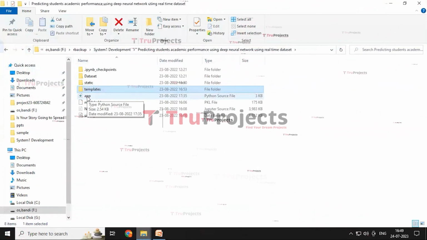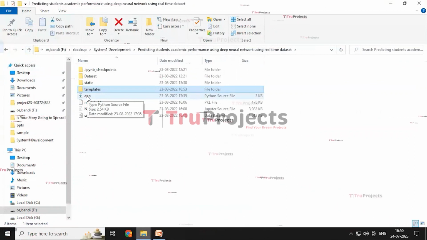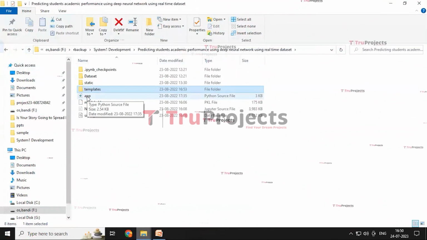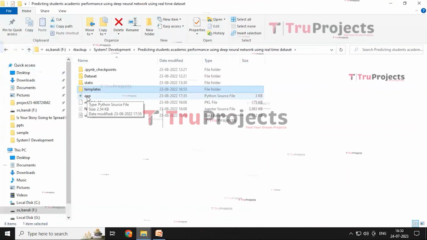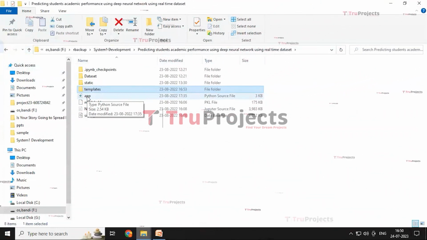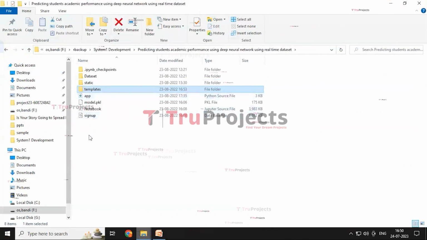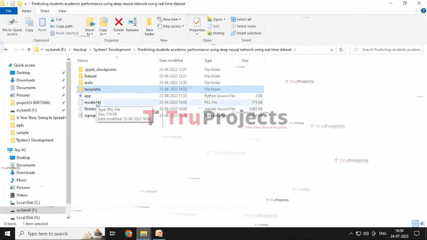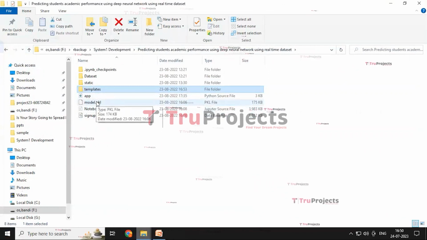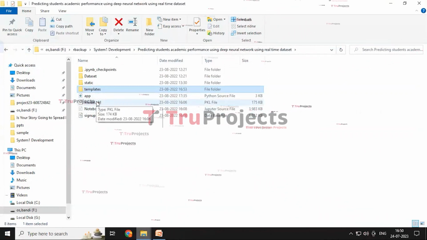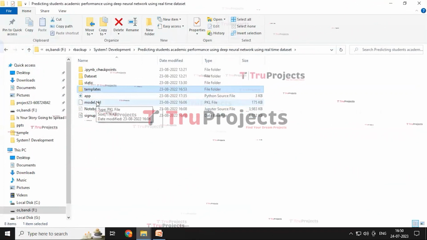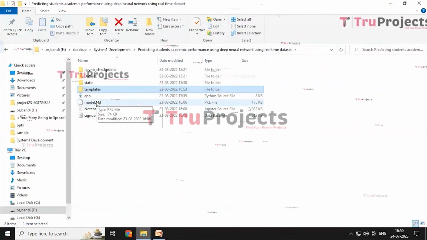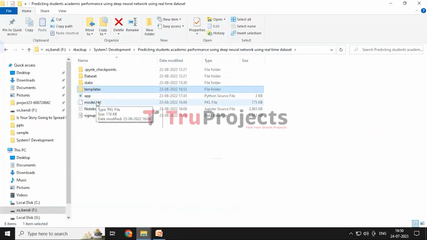It includes the code written in Python that handles the server-side operations such as processing the user request, interacting with the database, and generating the dynamic content to be rendered in the HTML template. And the model.pickle file contains algorithm information loaded into the project code during runtime to utilize the trained model for various tasks such as making predictions on new data or performing